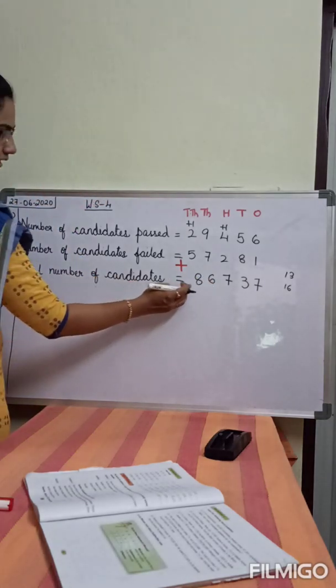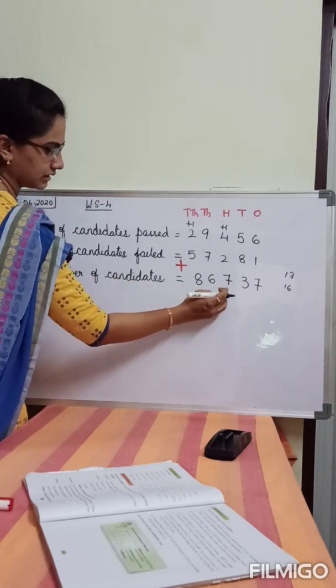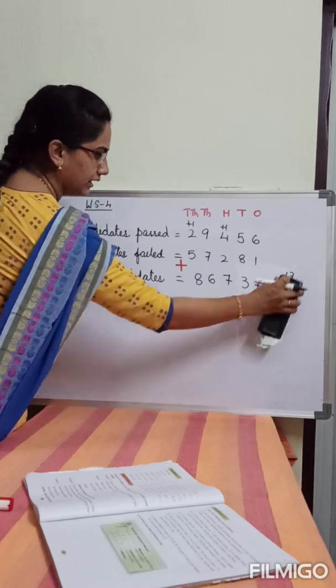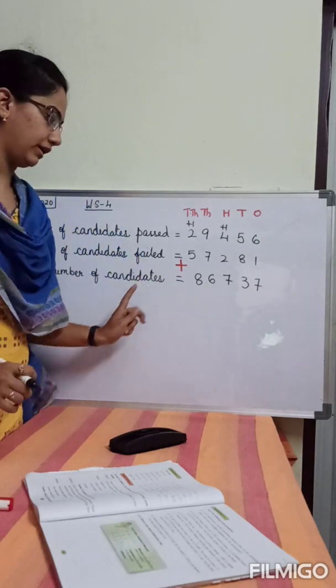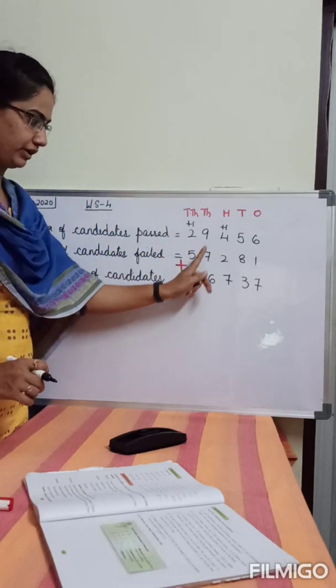Total number of candidates appeared 86,737. You can do the addition in the rough column and write the answer here, or you can do it very